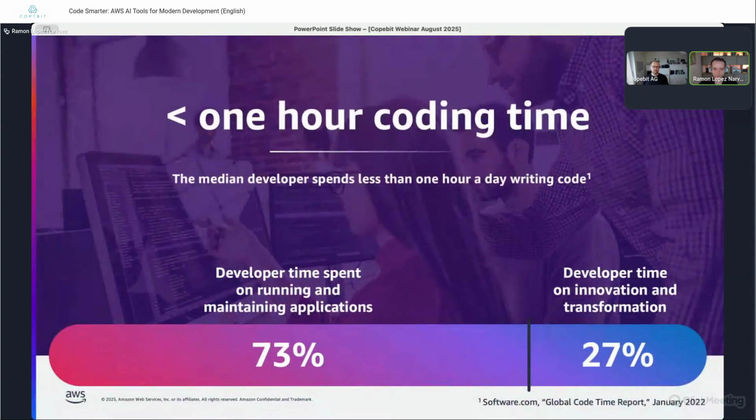What we know from our own experience building AWS, building Amazon, and many of those businesses, our SDEs, our software developers, they spend a considerable amount of time not coding, right? Not to say that this is a bad thing per se, but you want to focus that time that you are coding as an SDE on the task at hand.